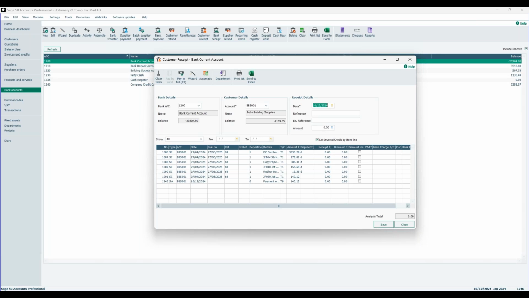We leave this box completely alone. We locate the invoice and we pay in full. We locate the SA or the payment on account, and again, we pay in full. We are telling Sage that £140.12 is for that £140.12. They should be married together. We then click save,